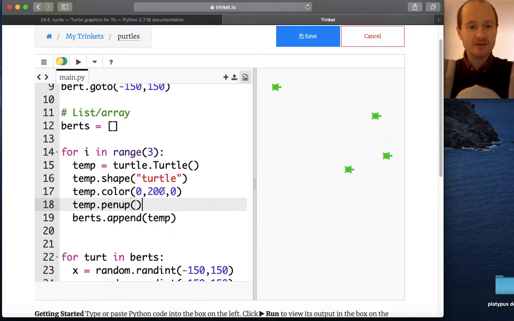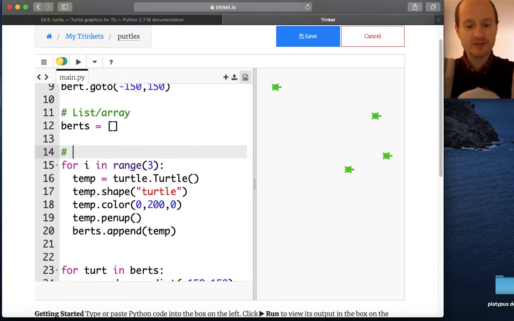And what's nice now is we can go from, when we make our turtles, let's just write a function. So make